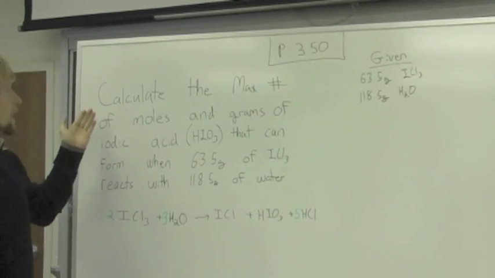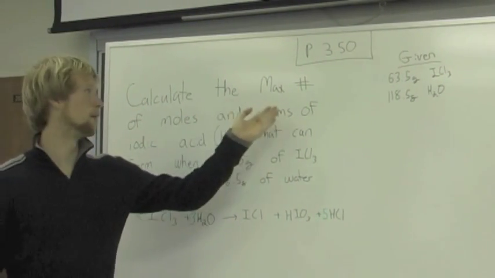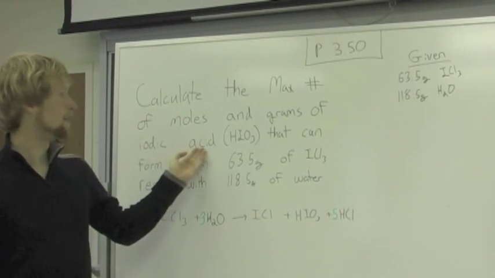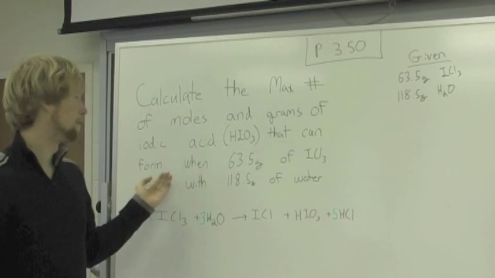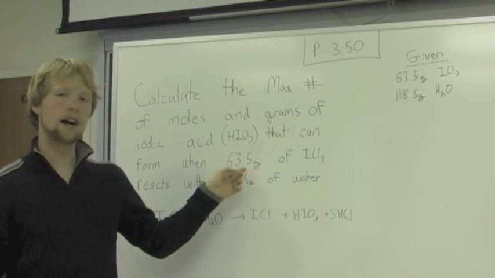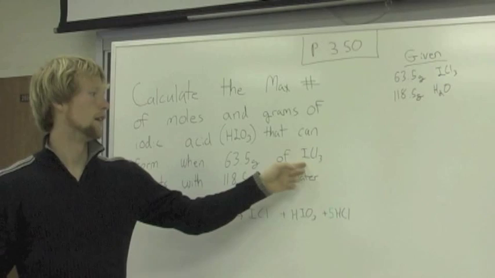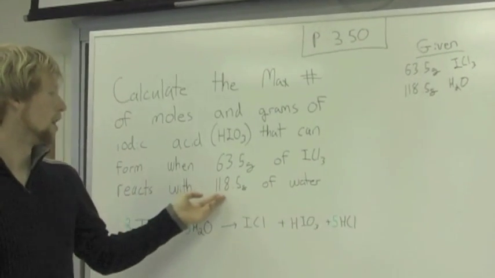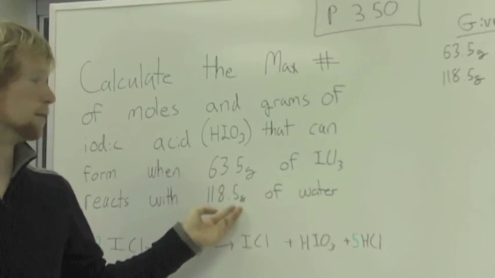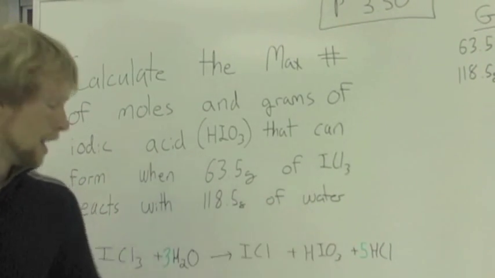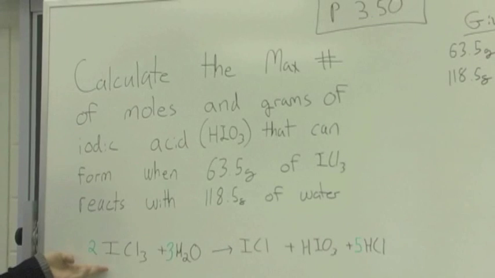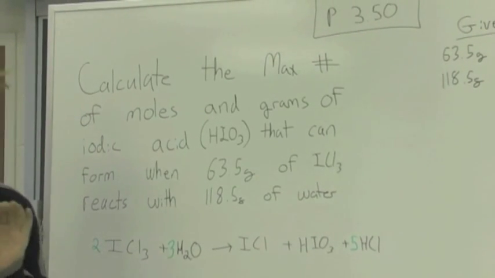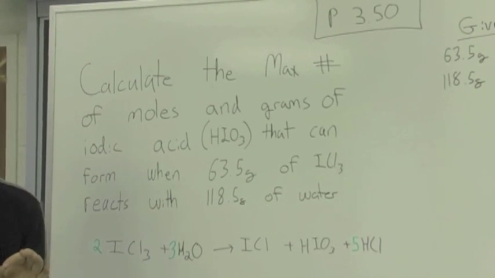The problem states to calculate the max number of moles and grams of iodic acid that can form when 63.5 grams of iodide trichloride reacts with 108.5 grams of water. Now this is the reaction they give you in your book. It says to balance it. I've already done that for us because we're just talking about limiting reagents today,